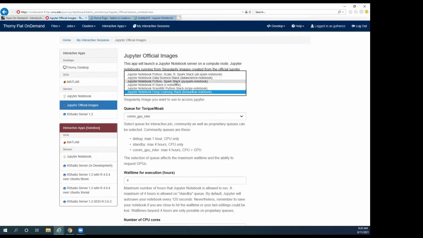A more traditional Python, PySpark is here. A Jupyter notebook with R installed and a set of packages related to working with R inside Jupyter is here, scientific Python, and